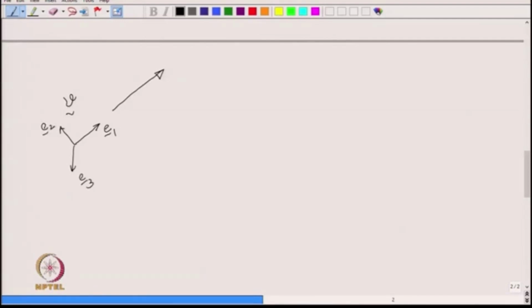The vector v is aligned along E1. So, if you want to represent this vector in the E1, E2, E3 coordinate system, then we get a column, and that is simply going to be v, 0, 0, because the vector is now aligned along E1. So, it only has an E1 component, whereas if you choose another coordinate system,